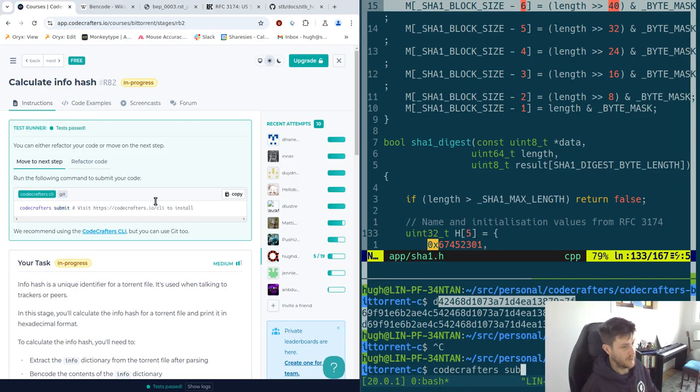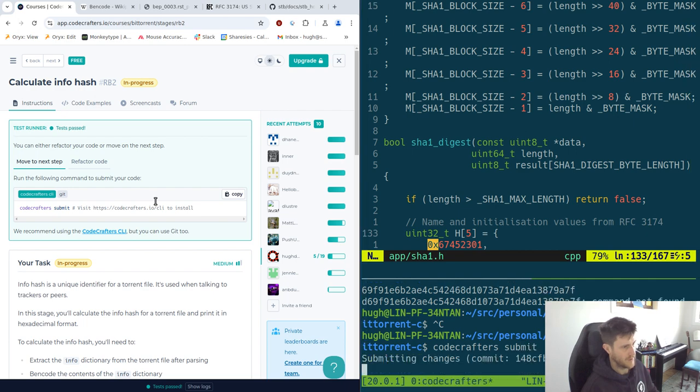Codecrafters Mint. I wonder if they have